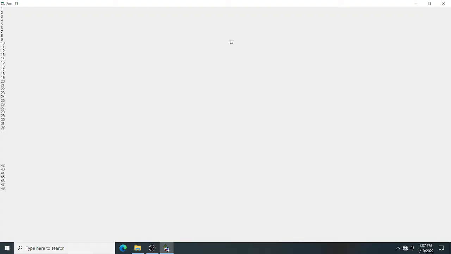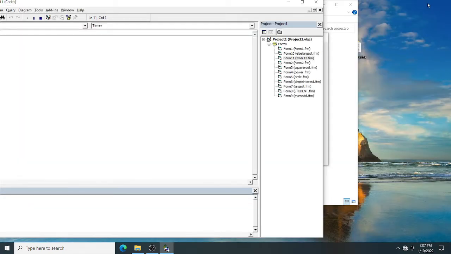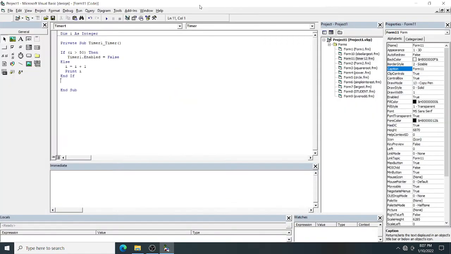It will print up to 51, because when I reaches above 50, only then the timer is set off.